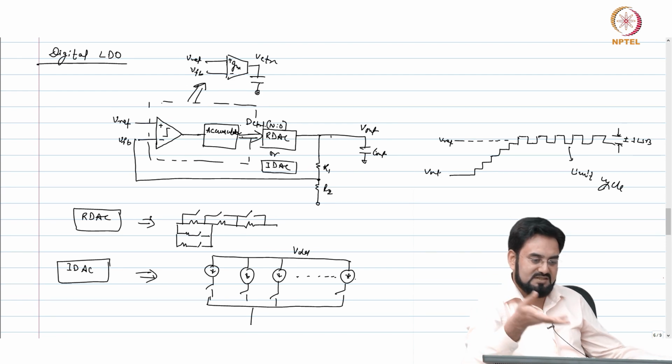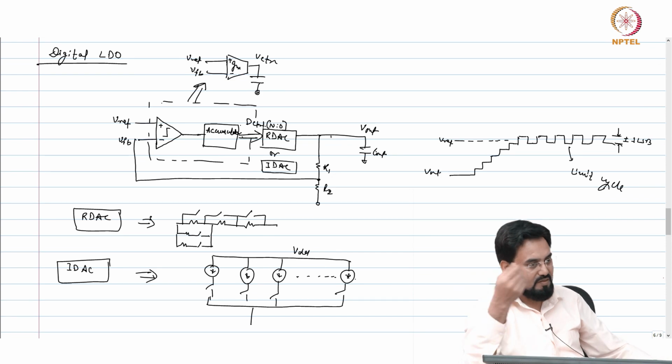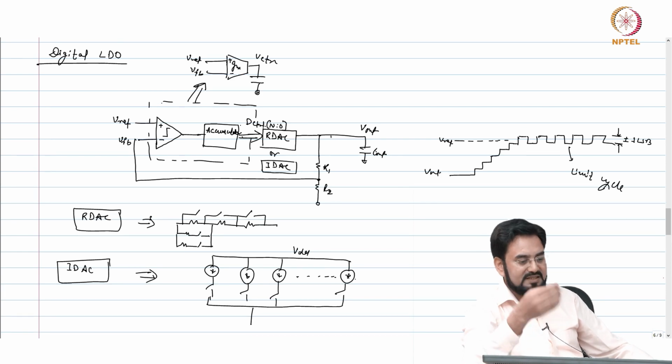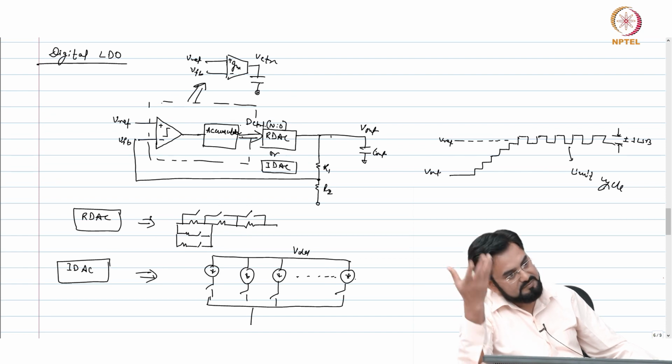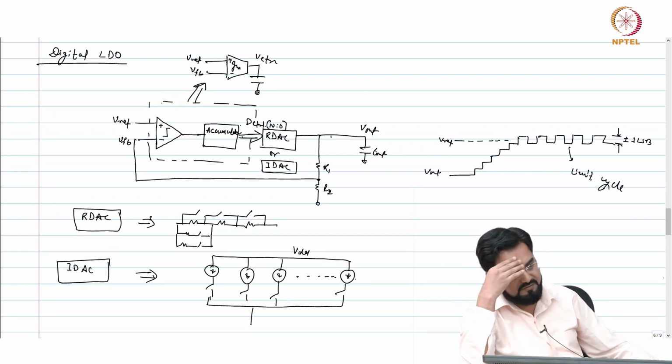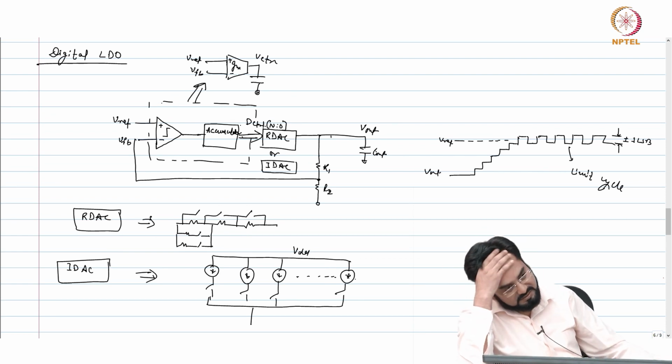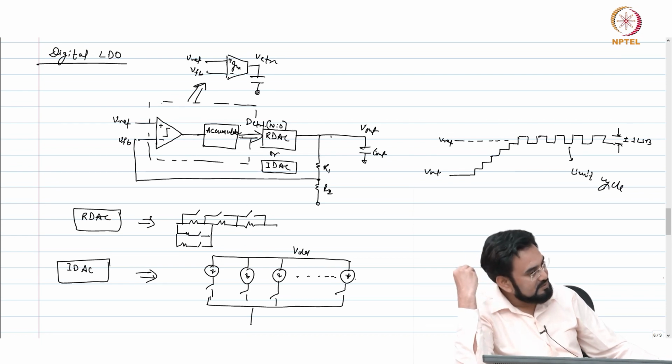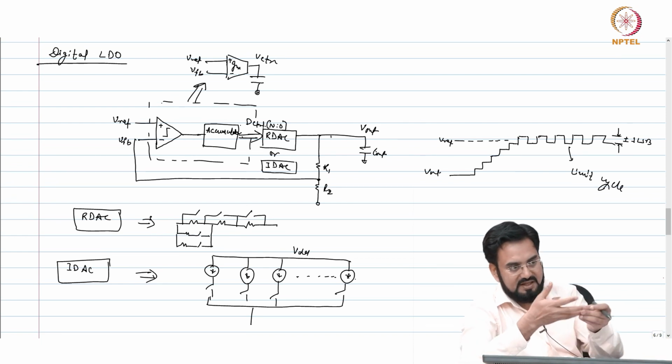Okay, so it is just a first order system, that is it. If you want to make it faster, then instead of a single bit ADC, which is your comparator, you use a higher order one, they use the flash basically, but that will come at the cost of area and power.